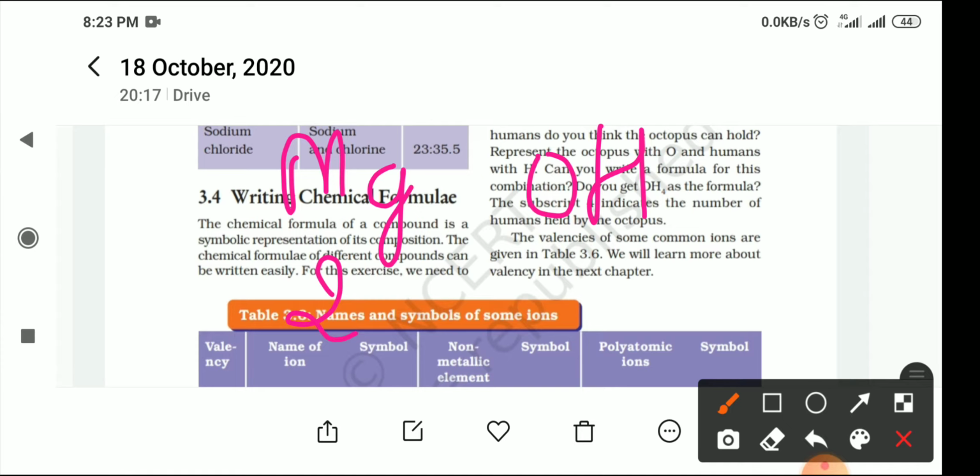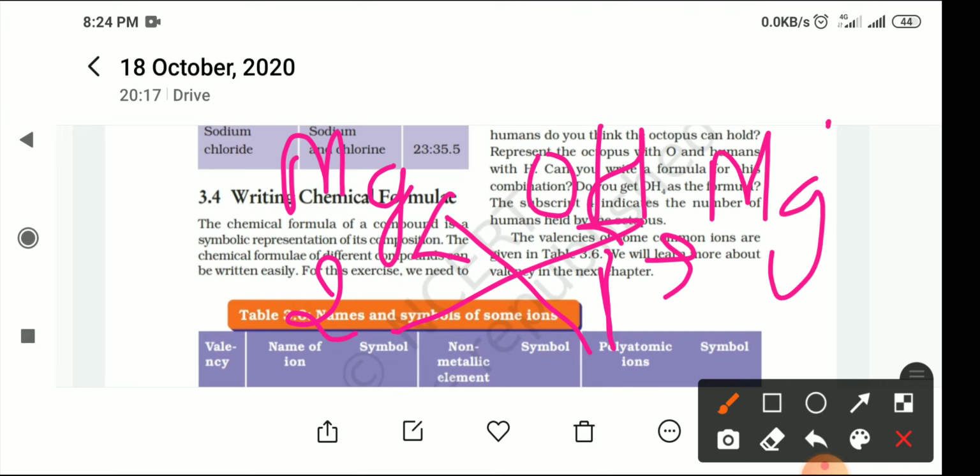When we talk about hydroxide, the valency is -1. Again we require only the numbers, so it is 1. Now we do the crisscross. 2 will go to the downside of OH and 1 will go to the downside of Mg. So the chemical formula of magnesium hydroxide is Mg(OH) whole twice.